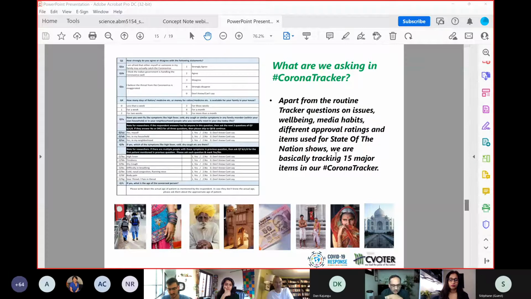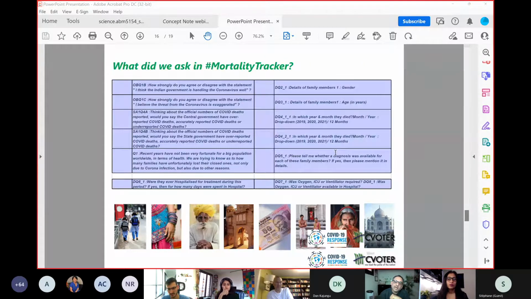So in the follow-up survey, in COVID tracker, we interviewed more than 100,000 households across India in the 2 years period. When we had to do the mortality tracking, a much more in-depth survey for mortality mapping, we picked up about 10% of those panel members, those whom we interviewed in 2 years, and we called them back. And while calling them back, apart from the warm-up questions, we directly asked about the deaths of immediate household members living in that family,